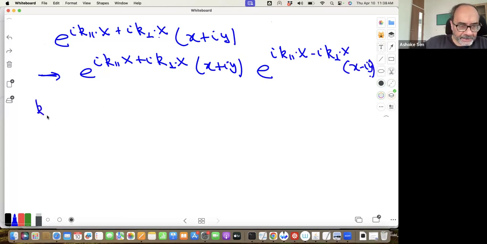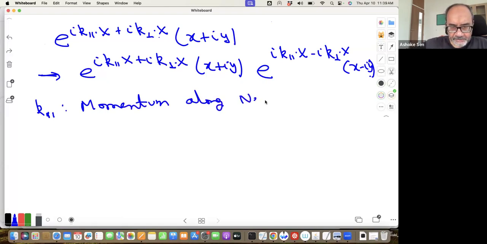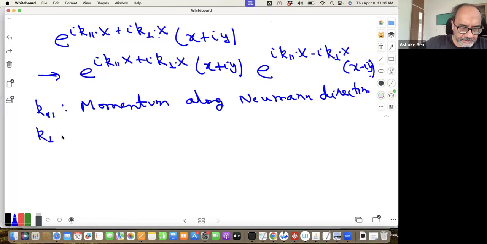Where here k parallel is the momentum along the Neumann direction, and k transverse is the momentum